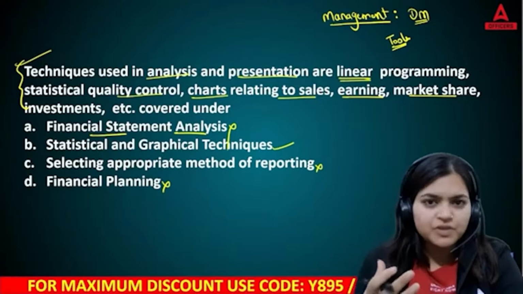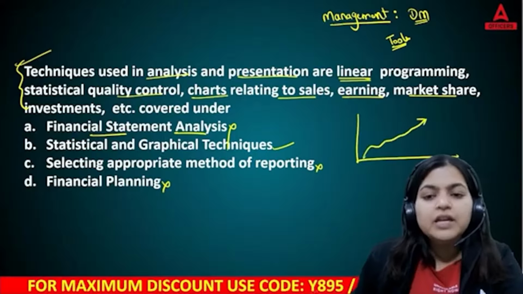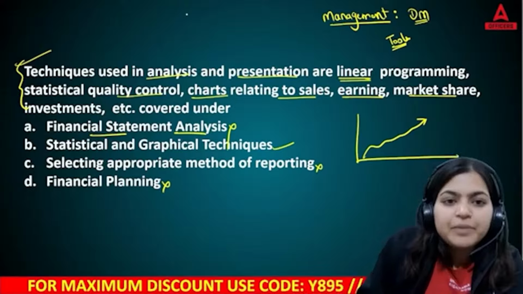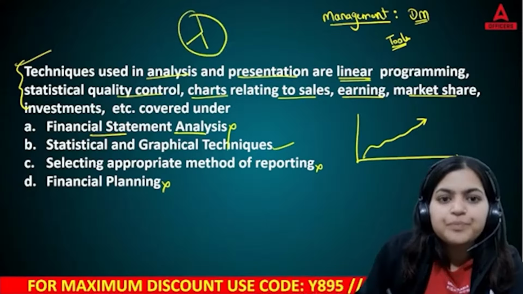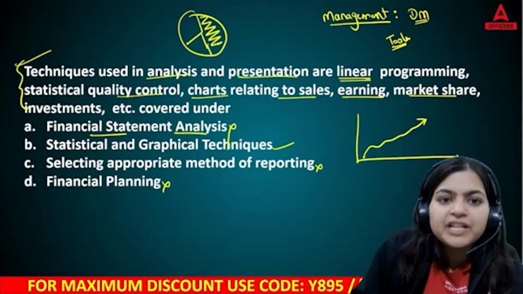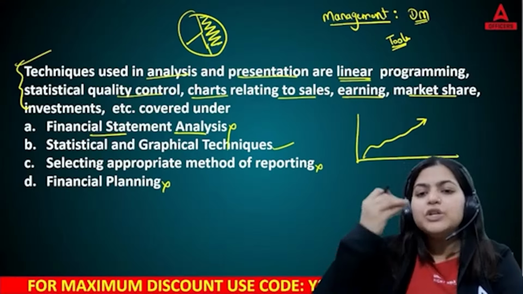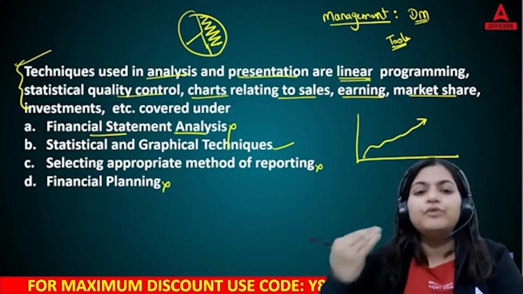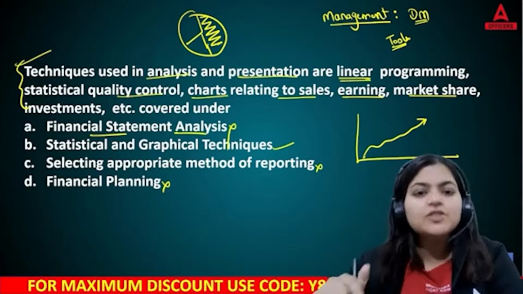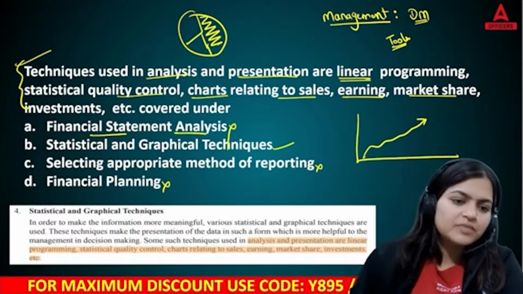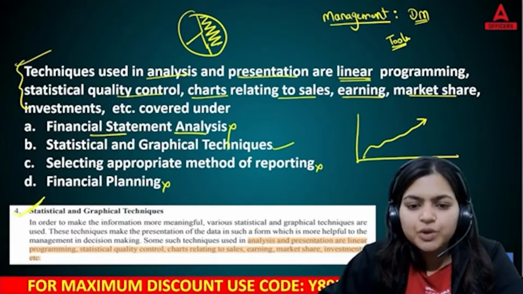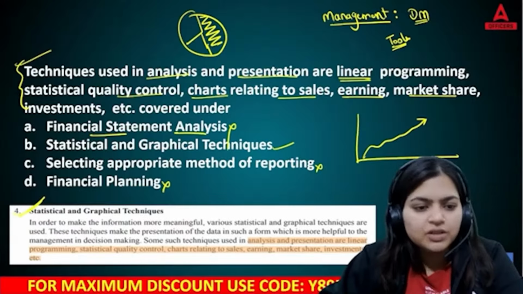See, if I am showing like this, it is assumed that there is some growth we are talking about. If I prepare this type of pie chart, you can say that this proportion is the biggest proportion. So even if you are not aware of anything, based on these charts and graphs, you can easily tell what we are talking about. So this is your first question. Here's the textbook part. You can read it afterwards.